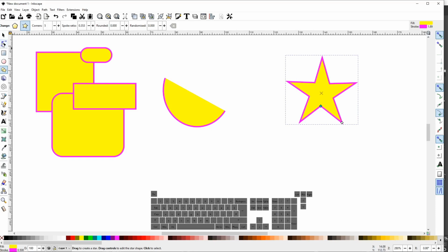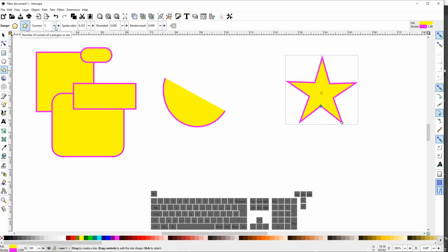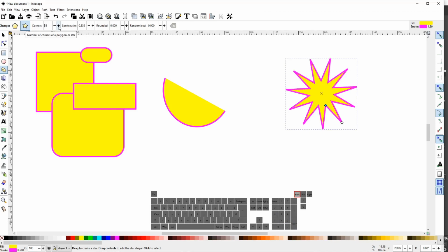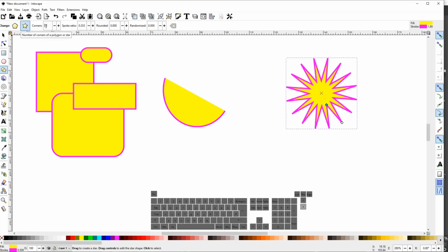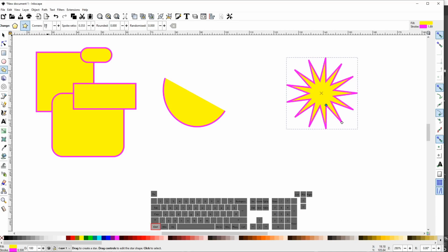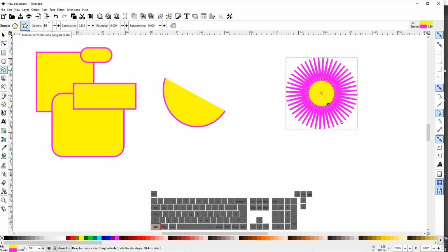The control bar, I showed you last time, will turn it to a shape, that will turn it back into a star. We can change the number of corners, so I could type in 10 and we get a 10 pointed star, or I've got the plus and minus buttons, or what I found easiest, and this is a recent improvement, is if I click in there and use the mouse wheel, I can increase it by 1 at a time, or if I hold control down and do that, then it will do it 5 at a time, so I can very quickly go to a ridiculous number of